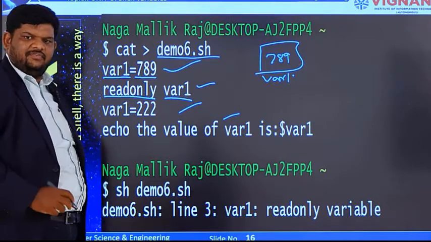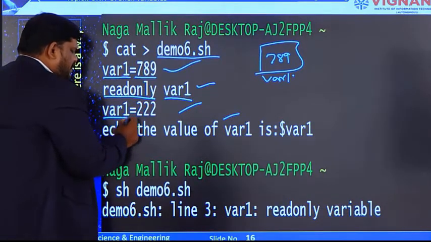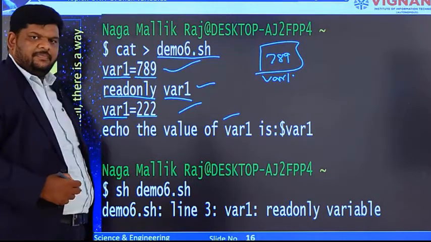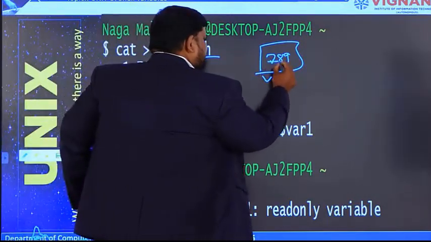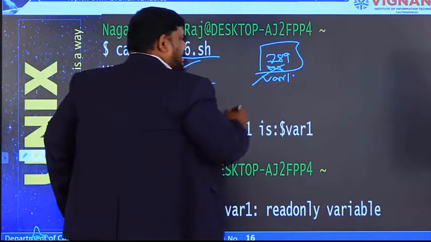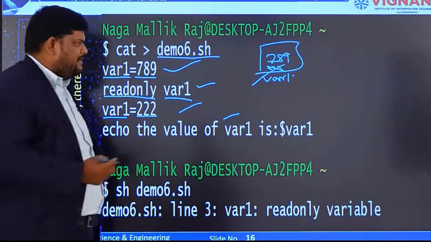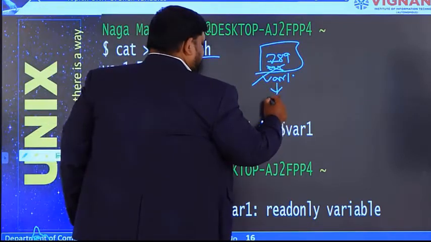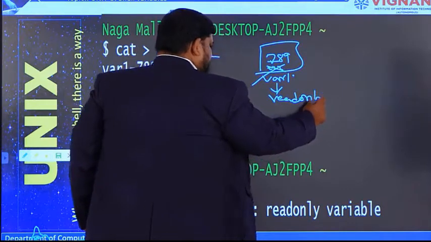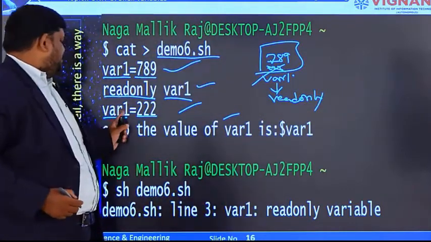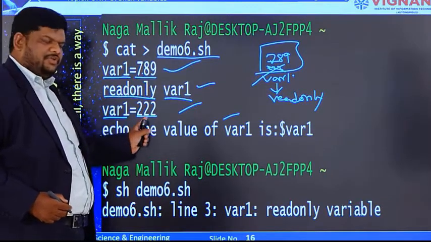That is a constant value. Now I am trying to change it. The third statement is var1 is equal to 222. If I try to change this value to 222, it will not allow us to overwrite it with the new value. Why? Because this var1 is declared with the readonly command, so it can't give access to change the old value with a new value.